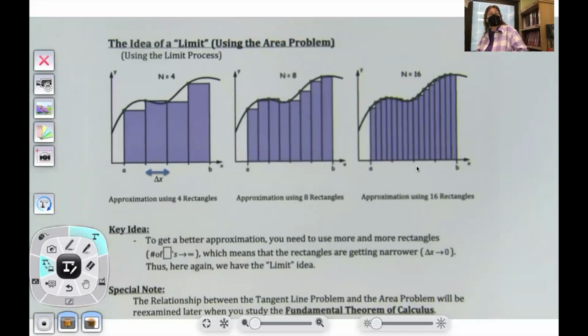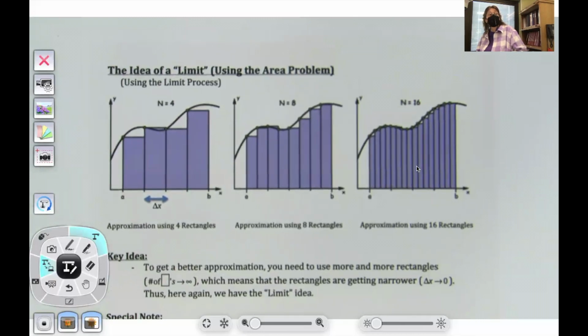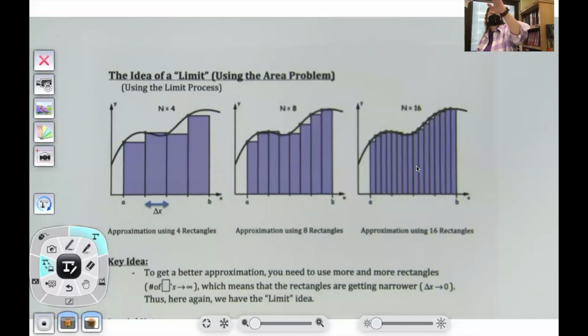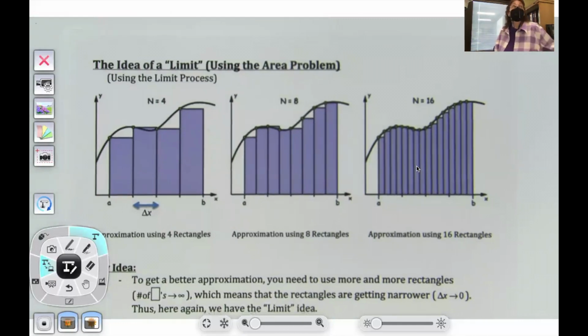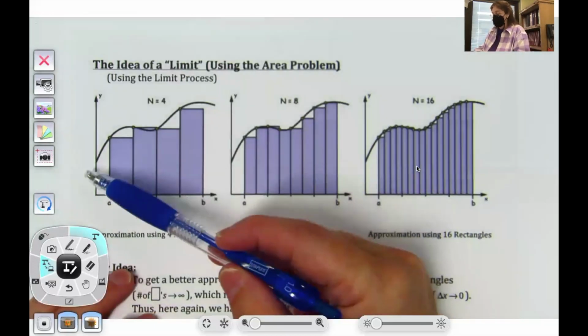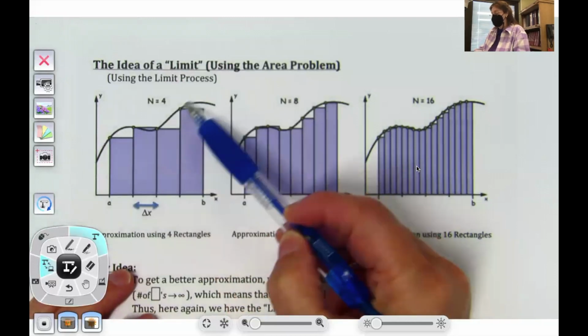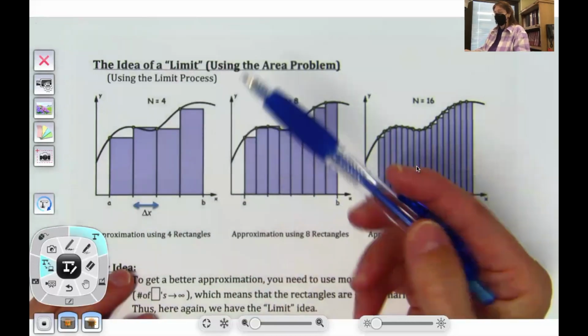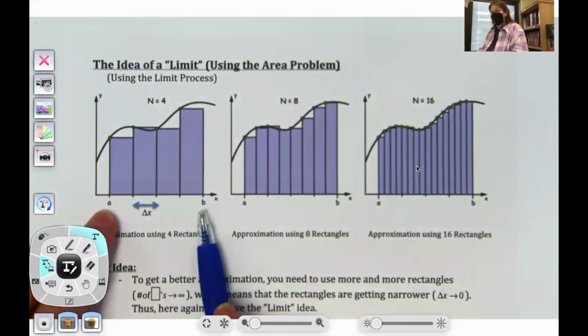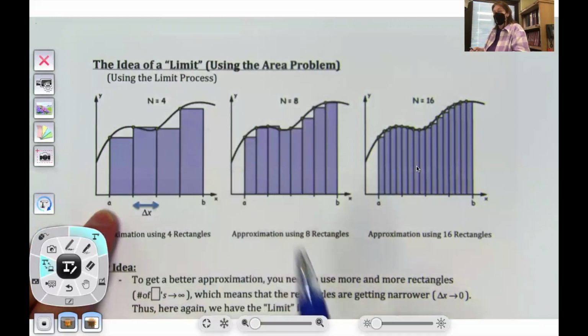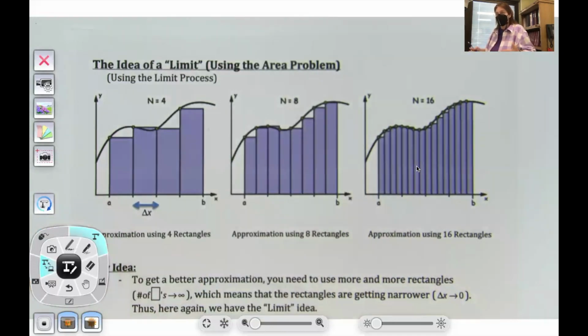Now let's do this with area. I'm still going to use this idea of a limit, but I'm going to do it with an area problem, so I'm going to be using a limit process. Let's take right here a polynomial curve, and let's say I wanted to calculate the area between A and B under the curve. Well, it's an irregular shape, so we don't have a formula for it. But if I were to break it into rectangles,